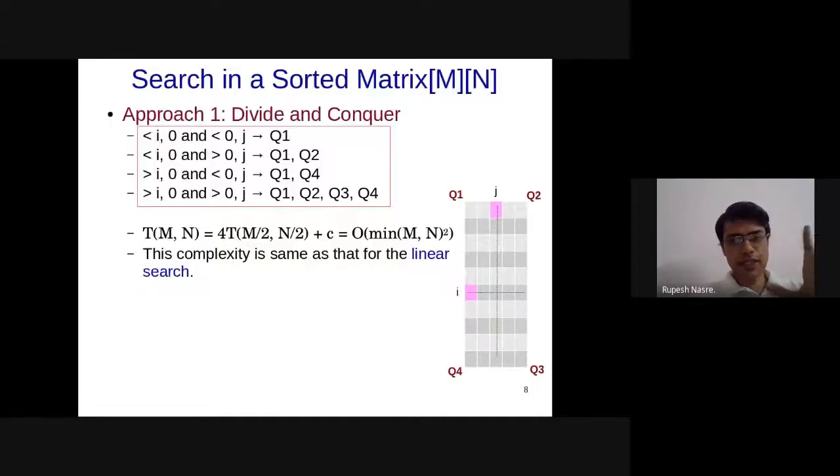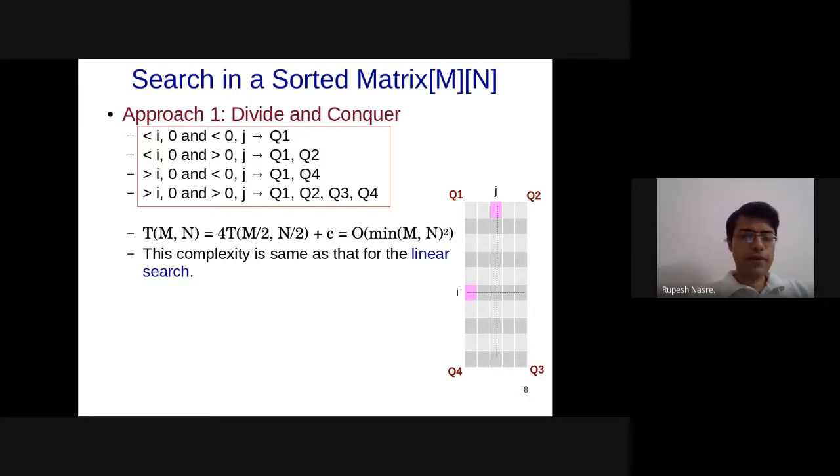Said that, okay, finally this is not going to give us something better in complexity than the linear search, because as we discussed, in the worst case we need to search all 4 quadrants. And therefore our complexity will turn out to be similar to linear search.